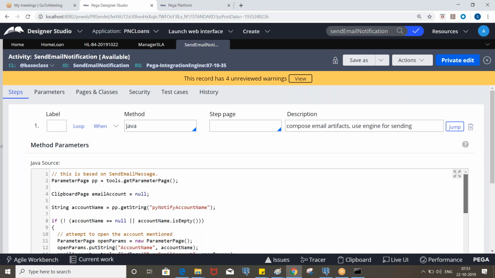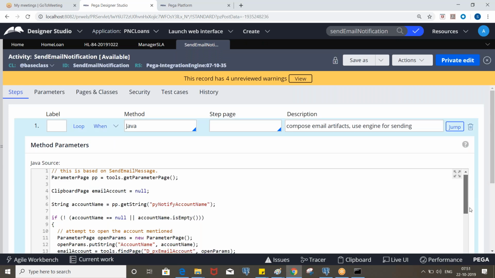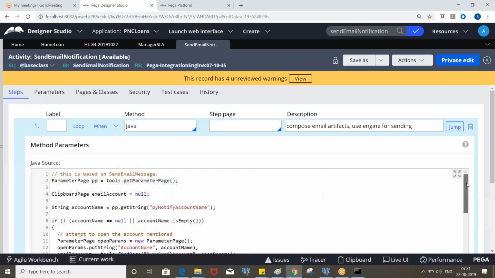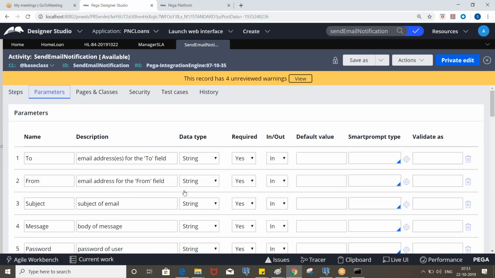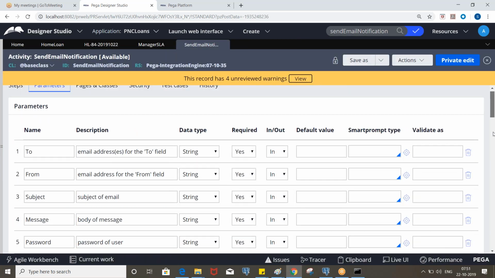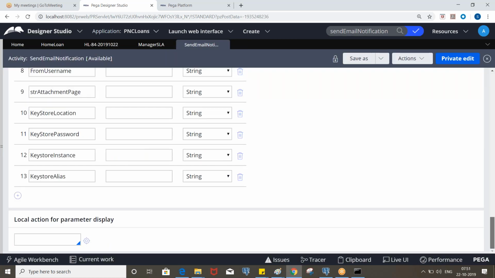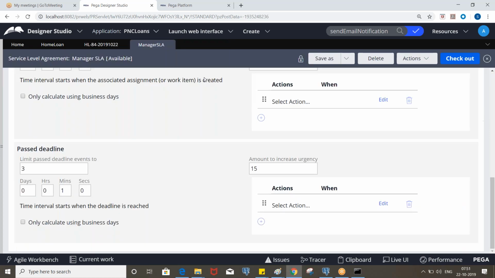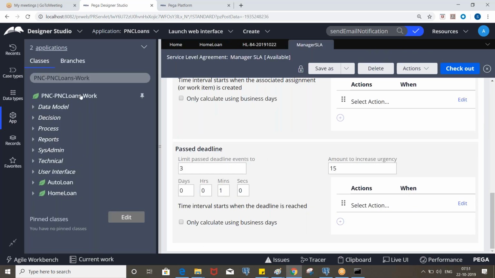But we don't need to bother about this. We just need to pass the required parameters and the email will be sent out. So we implement this functionality for different scenarios, and the same thing we will leverage for SLA.